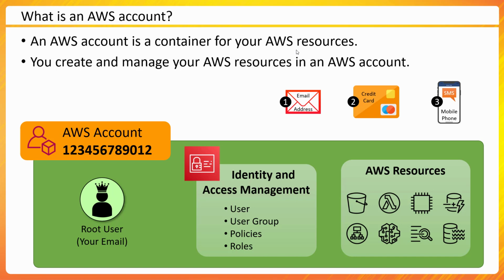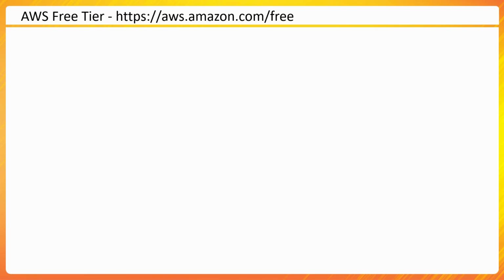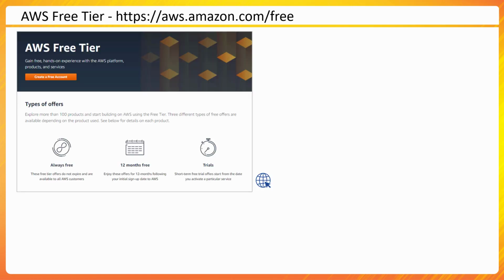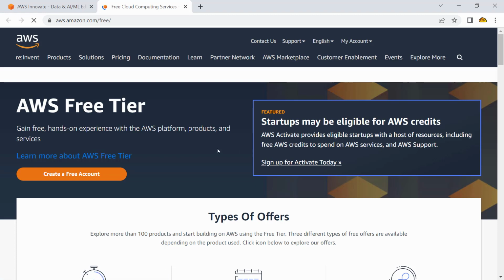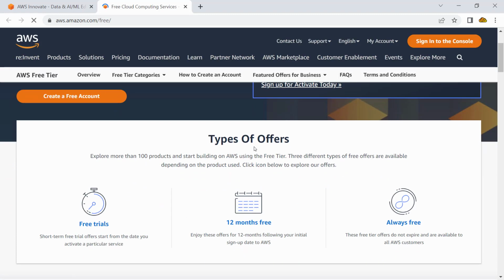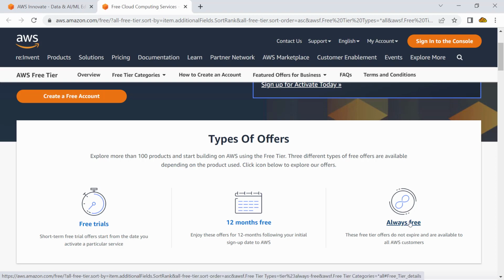Now, once I have settled down and created an account, what next? I could start experimenting, and for that experimentation, AWS gives me a free tier. This free tier allows you to access AWS resources. There are three types of access you can get in the free tier. Let me talk about the type of offers you get. On the very right, you see always free. Some services would always be free regardless of when the account was created.